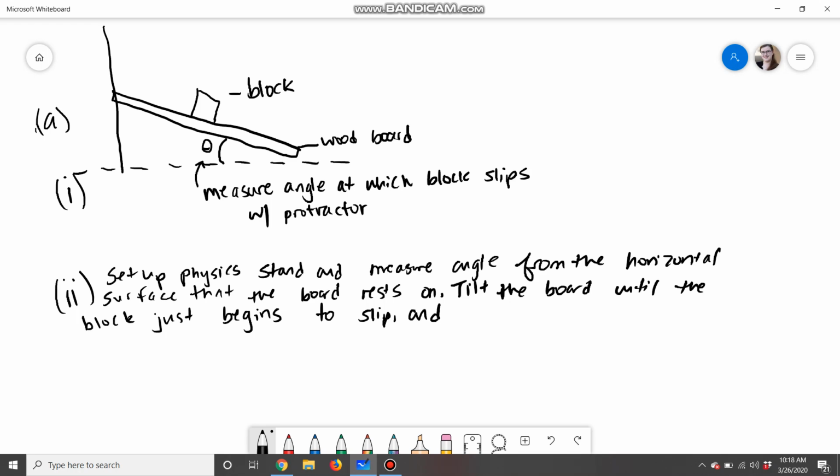So all I'm doing here is just recalling what we did in that lab. The prompt also told you to make sure that you reduce experimental error. So the way I'm going to do that is by